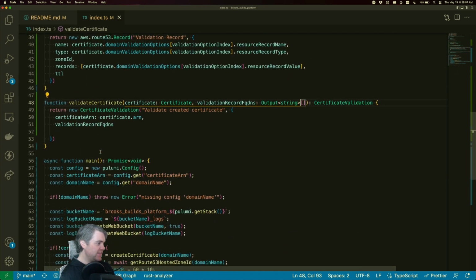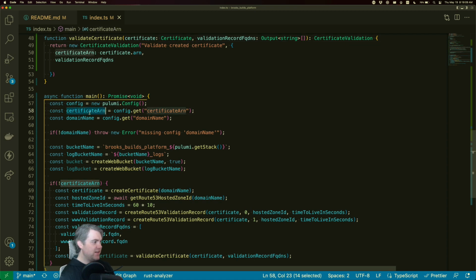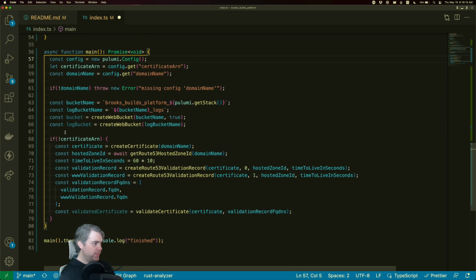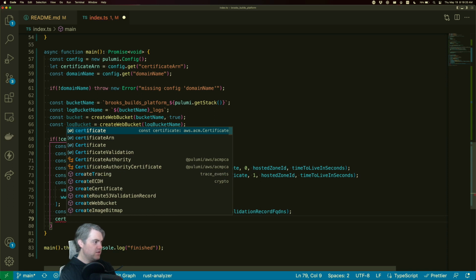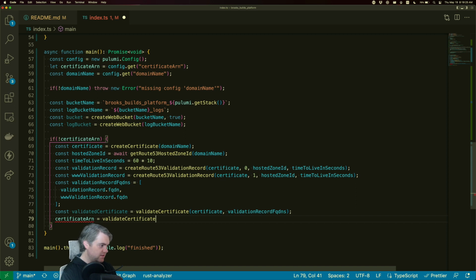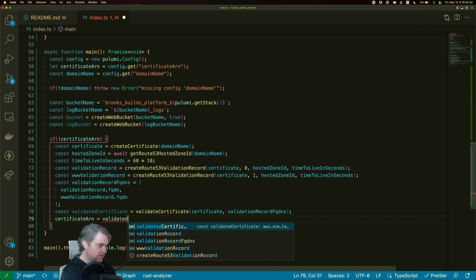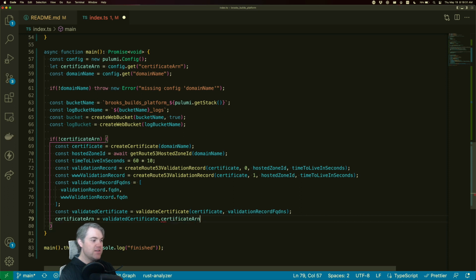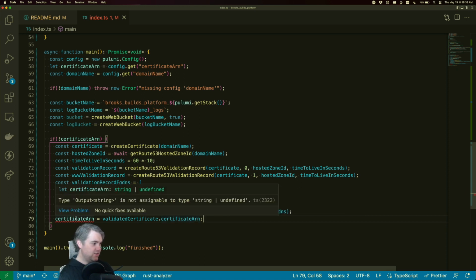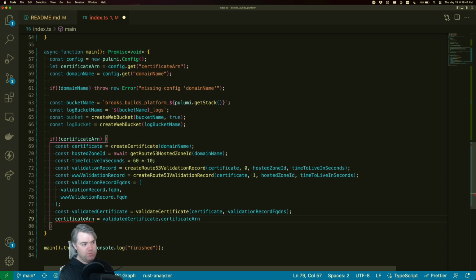And this entire thing was to get this certificate ARN and let it be here. So we're going to say let now. So if not certificate ARN, we're now going to assign this here. So certificate ARN is now going to be equal to validated certificate dot certificate ARN, which of course you're a Pulumi output string and you're an any, so I need this to be a, I think we do like this apply thing